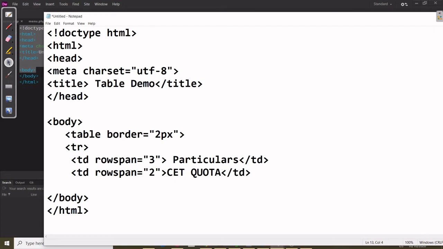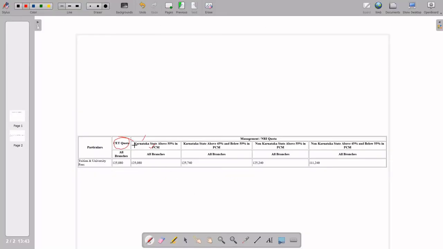Now coming to the next one. td. Okay, and here you can see this is the third value. But for the third value, what is happening is the merging of columns only. 1 2 3 4.